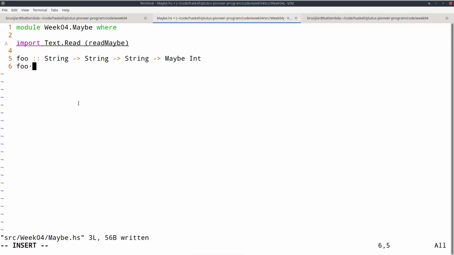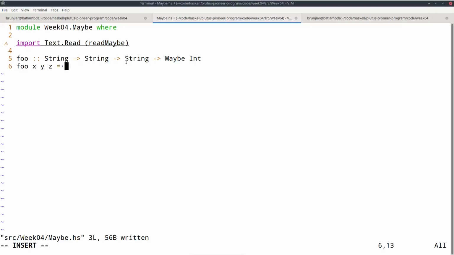And the idea is that the function should try to parse all 3 strings as Ints, and if all can be successfully parsed, then I want to add those 3 Ints and return the sum. And if one of the parses fails, I want to return Nothing.